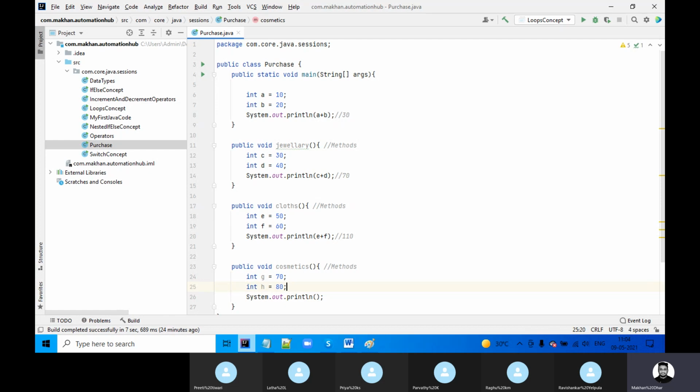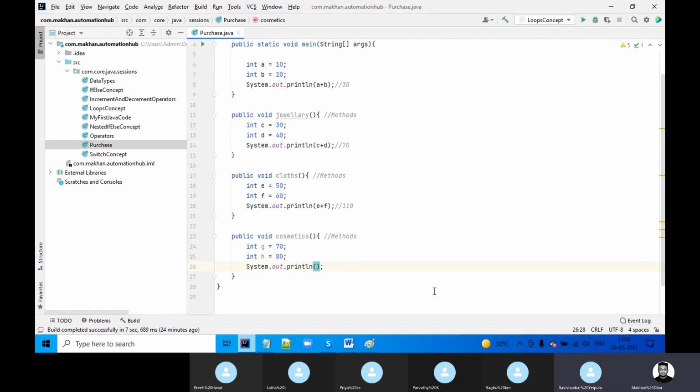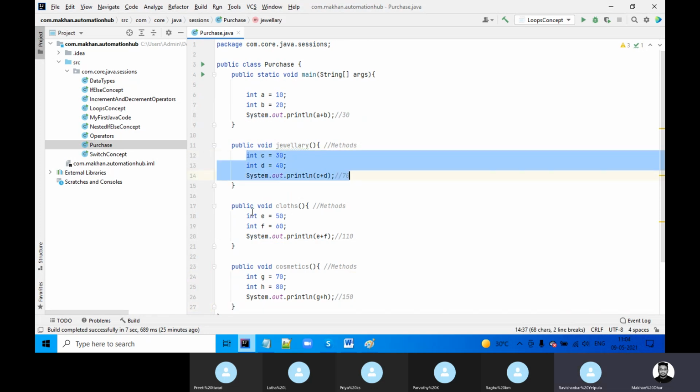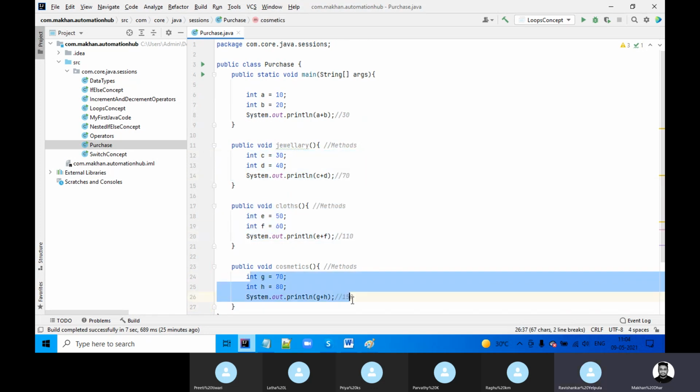So G plus H should give the value 150. So this is what I need, all these values from each and every method.